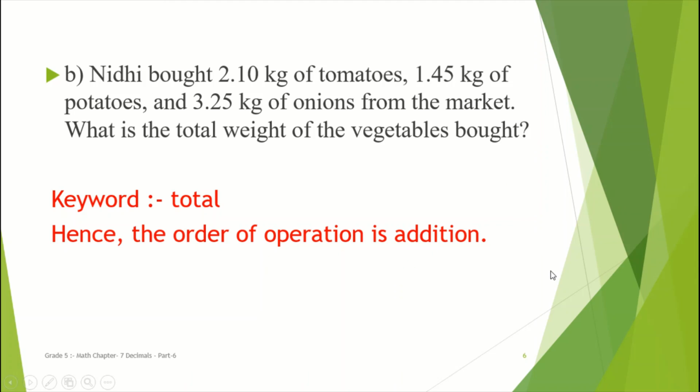Okay. Now we'll come to a second part where we will add all these decimal number to get the total weight. So scholars, you have to first of all make decimal place value chart. You have to arrange the numbers according to their place value and then you have to add. Okay. When you will add, you will get the total weight of the vegetables bought and then at last you have to write the final answer. And scholars, don't forget to write the unit, that is kg. I hope my all scholars will do it by themselves. Okay. If you are facing any difficulties, we will solve in a Zoom class.